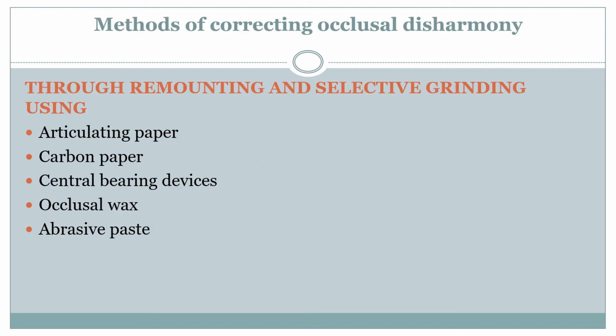Yeah. So, what can be done to correct the different kinds of occlusal disharmony? We've already seen the different errors. The correction can be either chair side or laboratory side. If you are looking at your chair side, it is with the help of articulating paper. You use carbon paper or central bearing devices, occlusal wax or abrasive base. Then in your lab side,